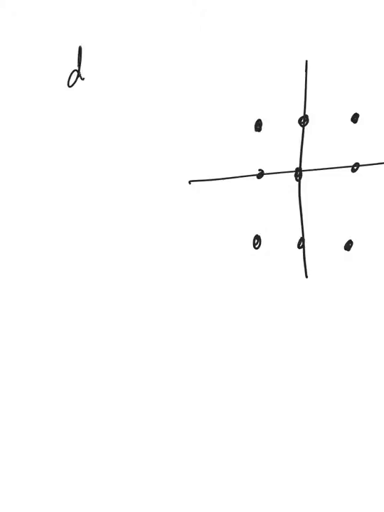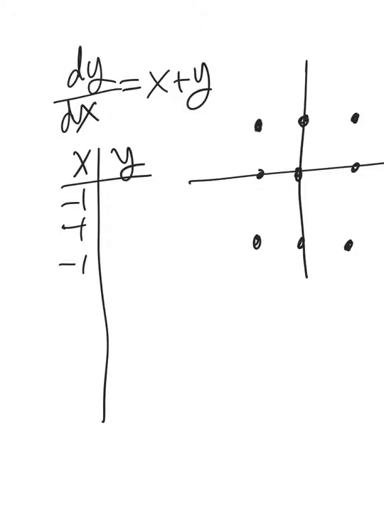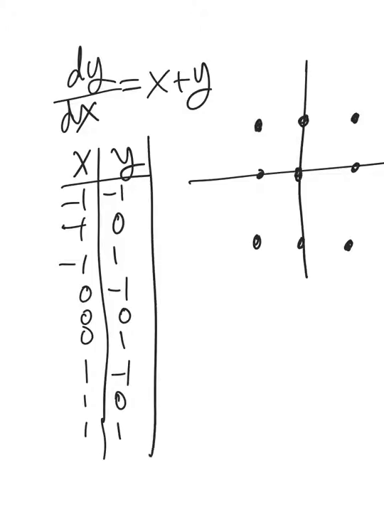Let's do this. We do not know the antiderivative of x plus y. We do not know how to find the antiderivative of x plus y. So that means I have to create a slope field for the antiderivative of x plus y to help me figure out what that antiderivative could be. Got it? And if you'd like to do the table again, go ahead. In this case, remember all the x's were -1, -1, -1, then 0, 0, 0, then 1, 1, 1. The y's went from -1, 0, 1, -1, 0, 1, -1, 0, 1,